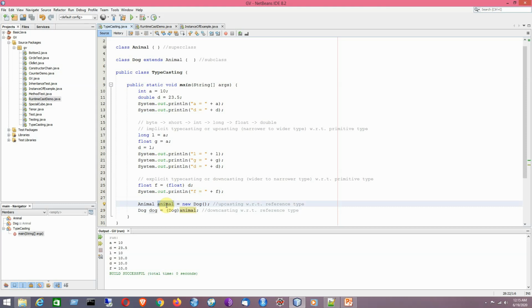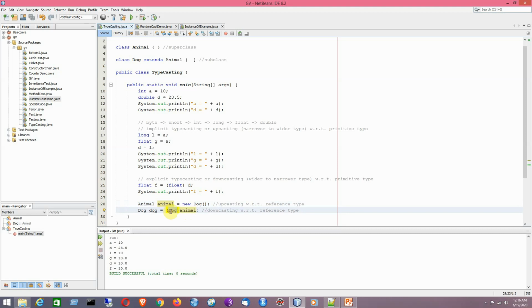It might be a cat, it might be a dog, or it might be even a tiger. So we need to explicitly mention about which kind of animal we are specifically dealing with. So that is why you need to mention the typecast operator for converting the superclass reference to the corresponding subclass reference type. So that is why we need a cast operator in this case. So it is basically pointing towards a dog object.